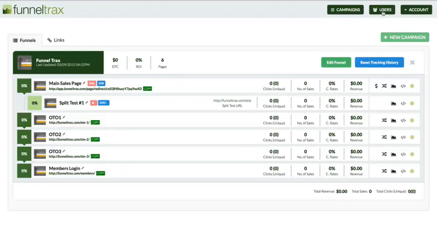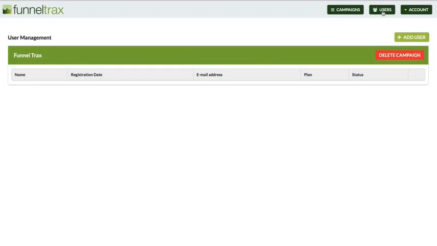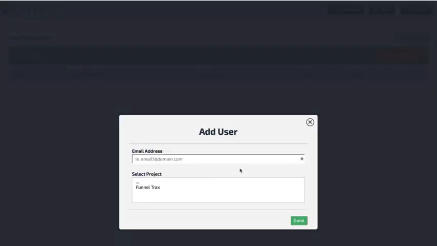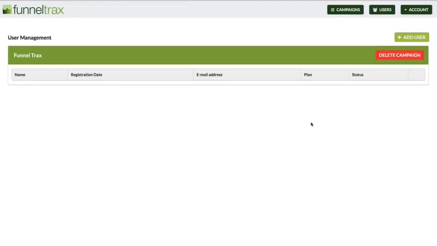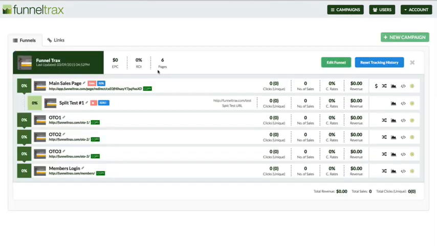Now, there is one other feature that we added. If you want to track client websites, we do have this user management area where you can add a user and you can give them access to all or just one of your projects, and you just put in their email address. And if you're working with clients and they want to see their campaigns, you can give them access to just specific campaigns. Okay. Now we also added the ability to reset tracking history if you want to do maybe you're just doing some